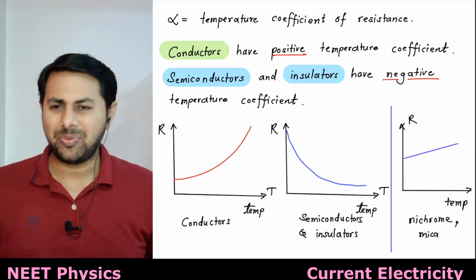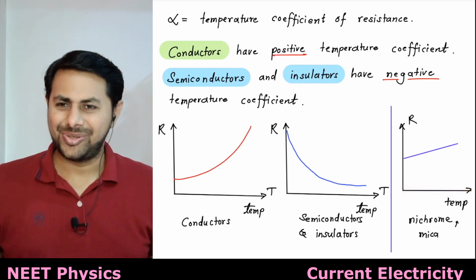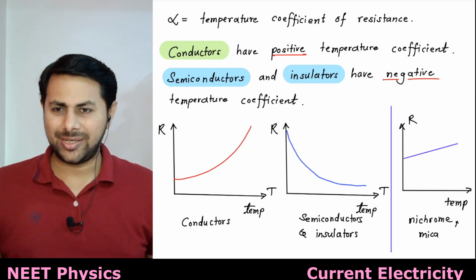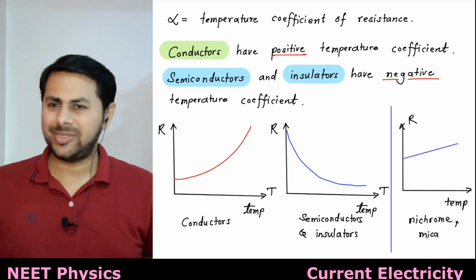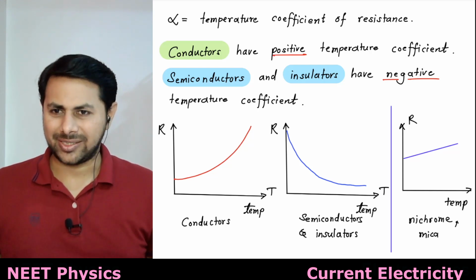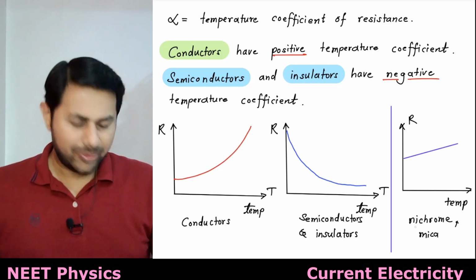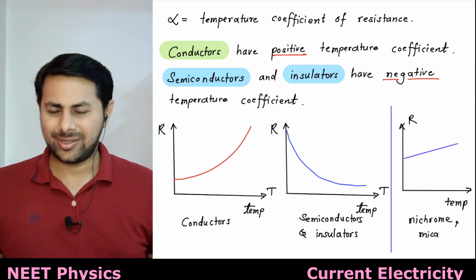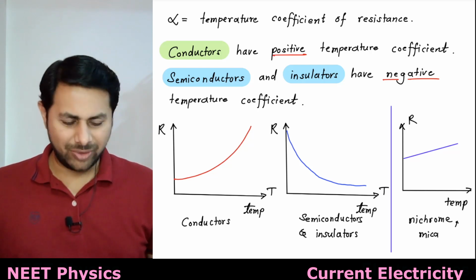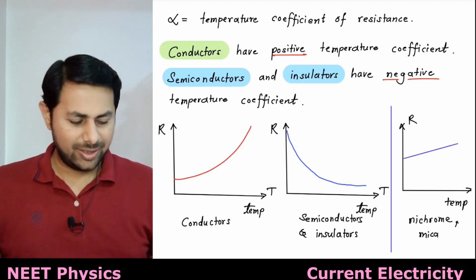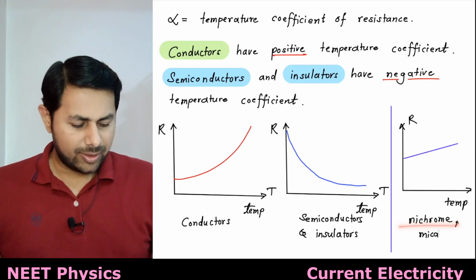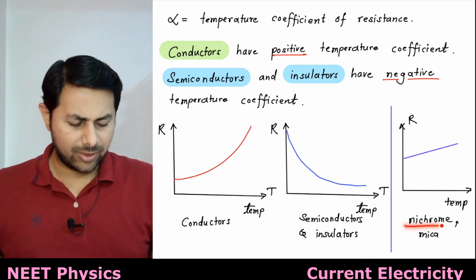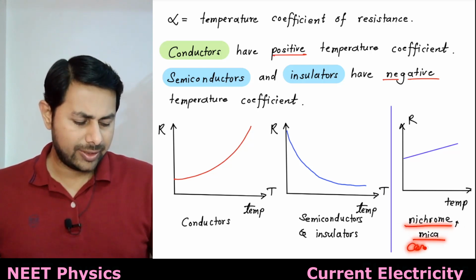So now what kind of material should be used to produce artificial resistances? Okay, you need artificial resistors in almost all of the electrical and electronic devices. So of course you need some reliability there, okay. As you increase the temperature, the current or functioning of your device should not change, right? So therefore the material that is used to make artificial resistances is nichrome, mica, and there is another one, that's carbon,